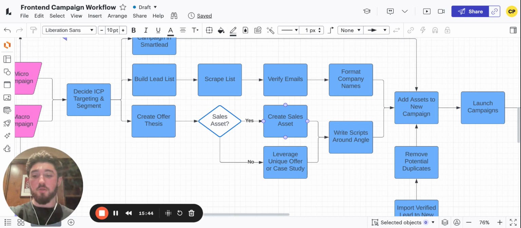That's something that's absolutely huge, is leveraging these types of offers, right? But yeah, if you're going to create a sales asset, create it. And the reason why I do this before even writing the scripts is because these things are most important. The offer itself, what you're offering over the cold email, is the most important part of your script writing, because